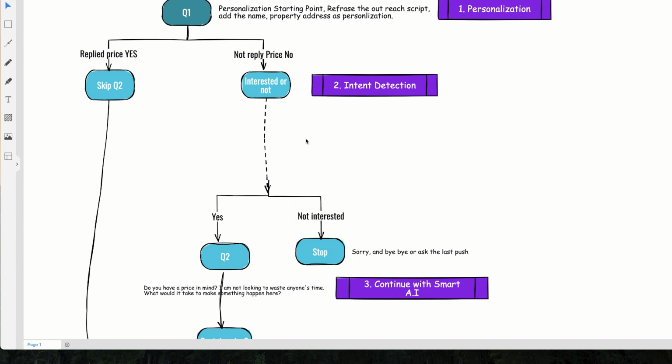In the middle of the conversation, we will detect if the user is a homeowner or it's a rental investment property. In your niche, in your industry, you may have different kinds of intent detection, and we will help you. We can design those intent detections and branch out the following questions. That's the second thing you can do.